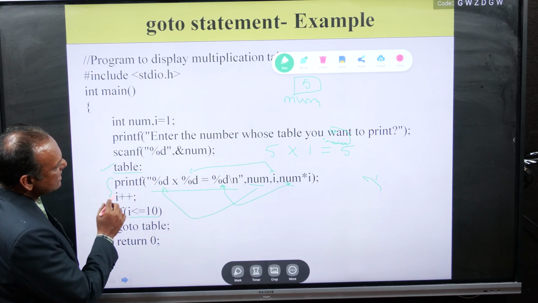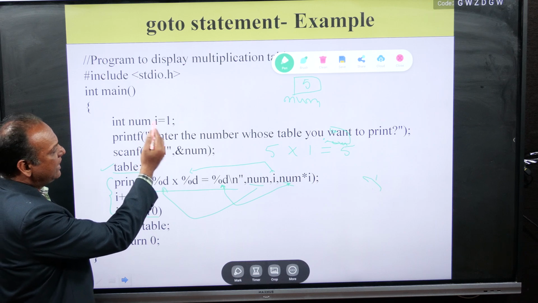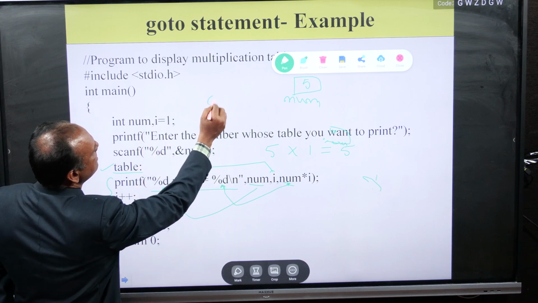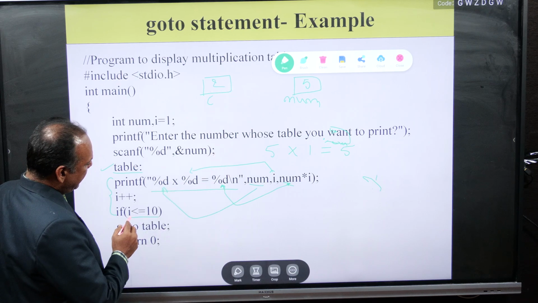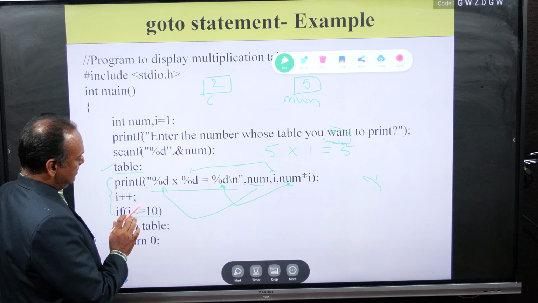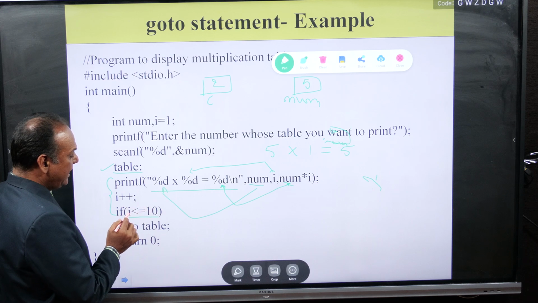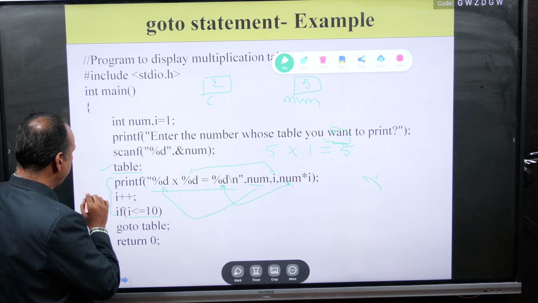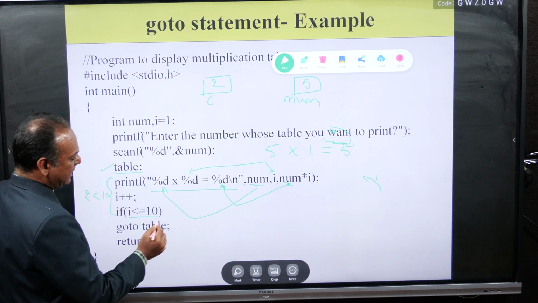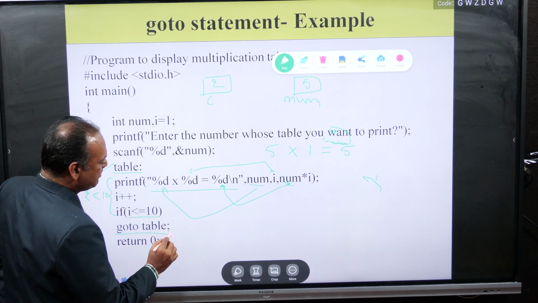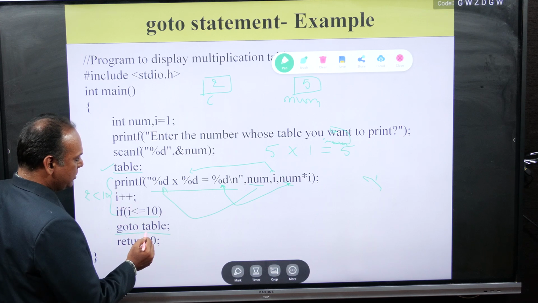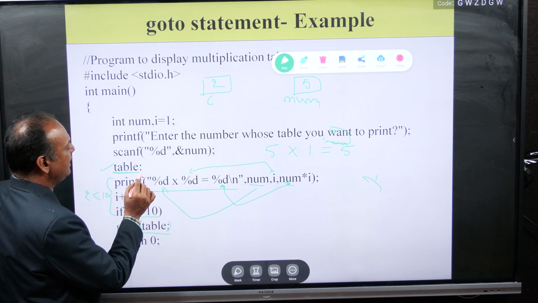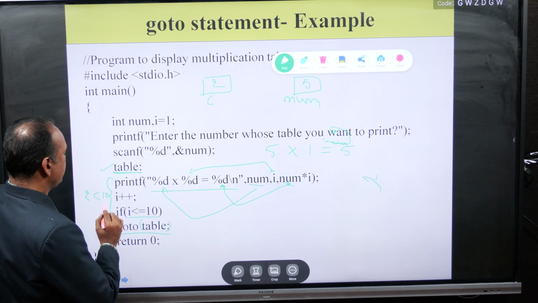Now the I value is incremented, that is the row number, so now the I value is 2. Now the condition is I less than or equal to 10. 2 is less than 10, so the condition is true, and the goto statement will be executed. The goto statement jumps to the label that is defined here, the table label. So the program execution is going to